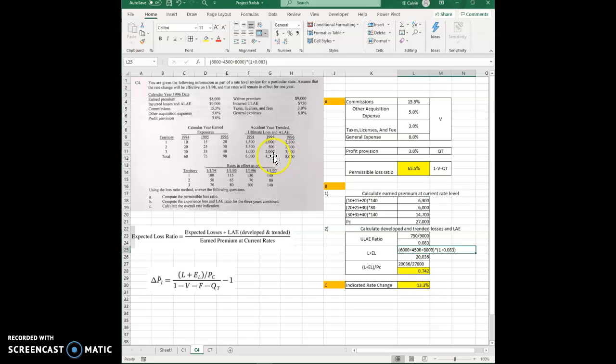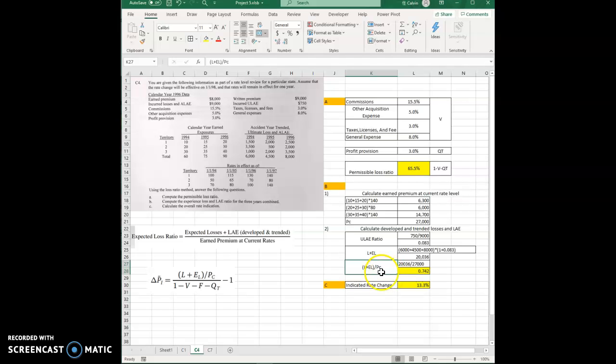Each year, add them up: 6,000 plus 4,500 plus 8,000, and times 1 plus 0.083, and we get the expected losses and LAE. And the number is 20,036. After all, we can calculate the upper part of the indicated rate change formula,